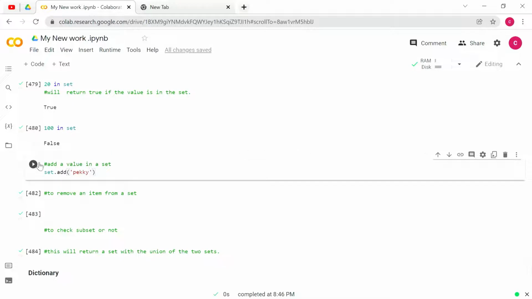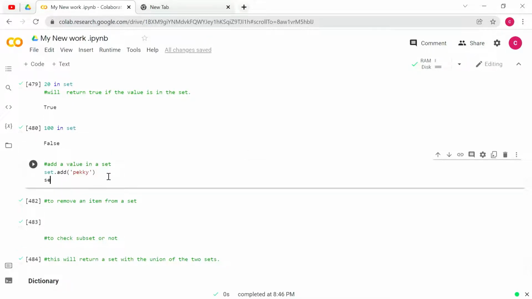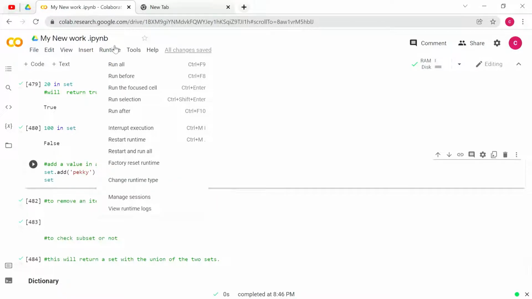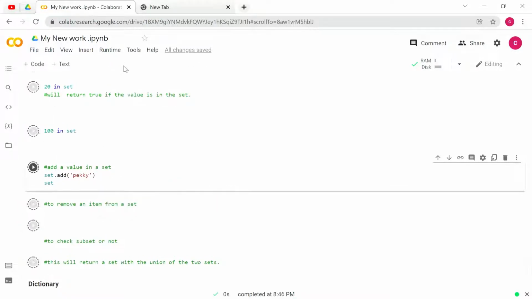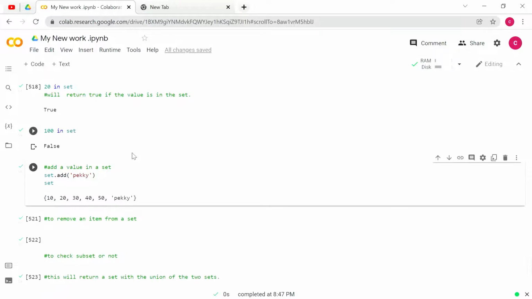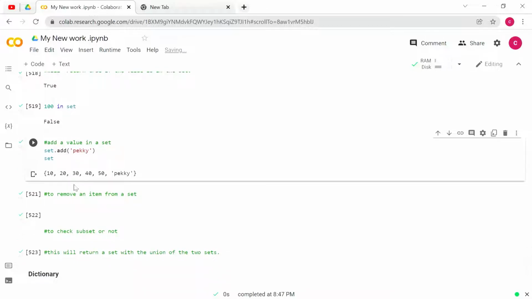And after the code give enter and again give set and just give runtime run all option and see the result. Yes, you can see Peggy is added in the set. In the set we can see Peggy is added over here at the end.